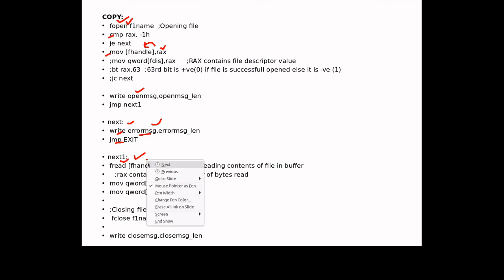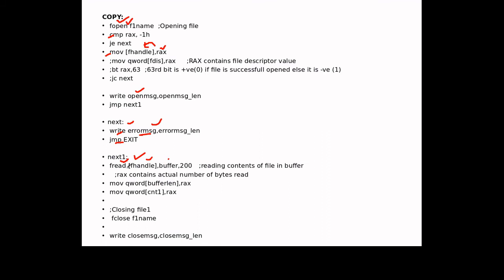The first parameter is this file handle. The second parameter is the buffer where we are reading the content of the file. This buffer is already declared, and the length of the buffer is already declared, that is 200. So take that as the third parameter.